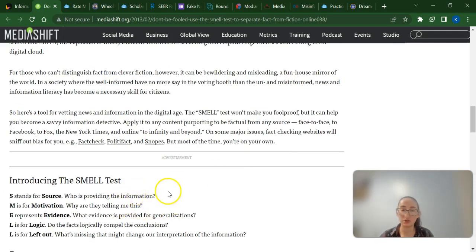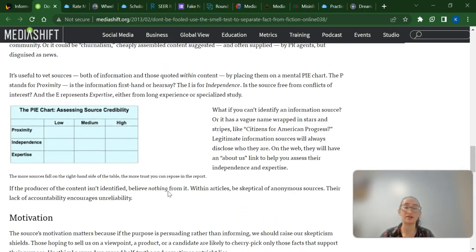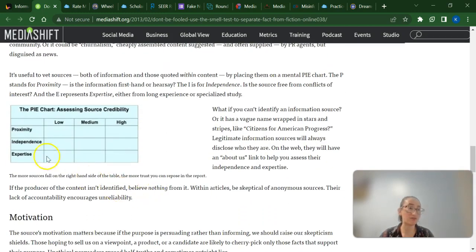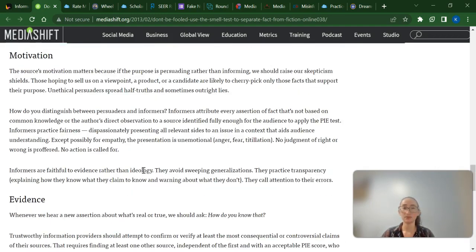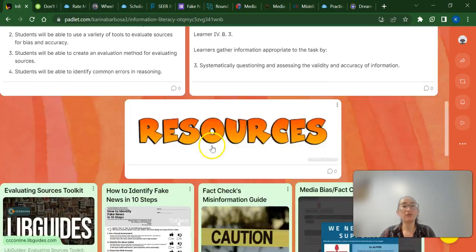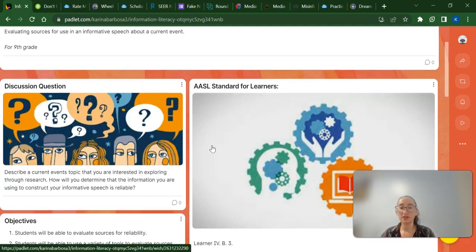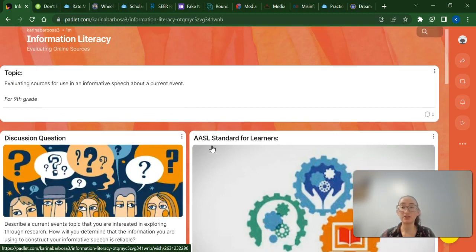Like I said before, it's an acronym. It has the introduction right here, and then it goes into more information for the student to read about, and we'll even have things like the pie chart of assessing source credibility. And yeah, those are all of the resources I have on this Padlet, and the reason that this is such an important concept for students to get is because there is a lot of information out there,